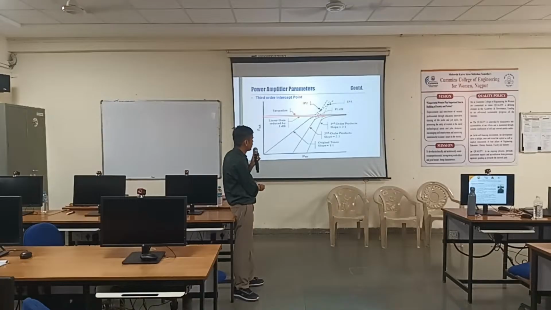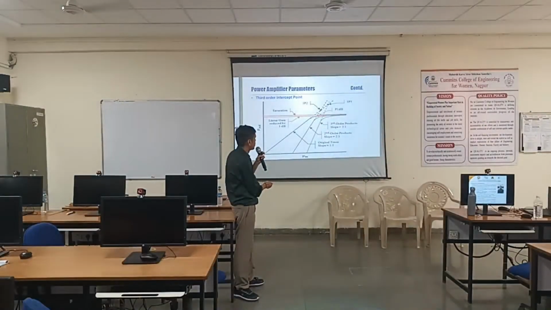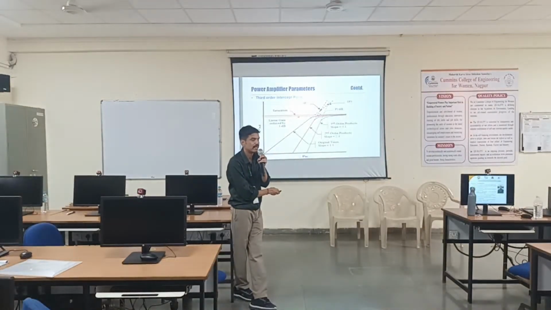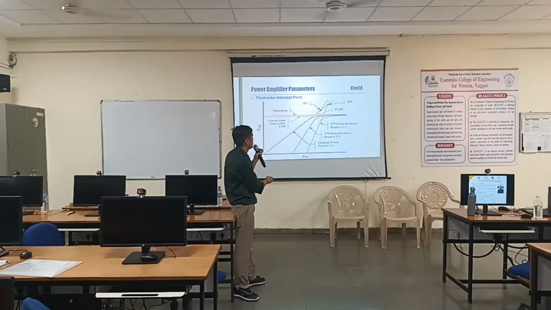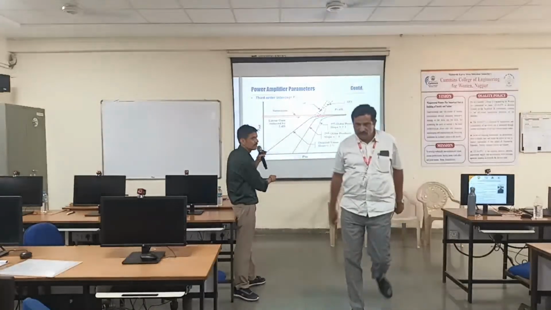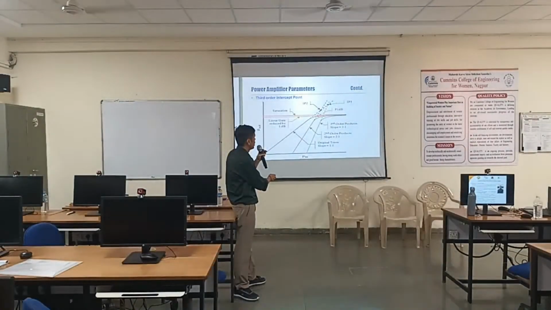So if input power is increased by 1 watt, output power will increase by 2 watt. That is called slope 2:1. And the third one is input power increased by 1 watt, output power increased by 3 watt. That is 3:1 slope. So why do we operate this? See, all linear amplifiers will operate like this only. Till this point we have a solid line. Then we have the line going down.